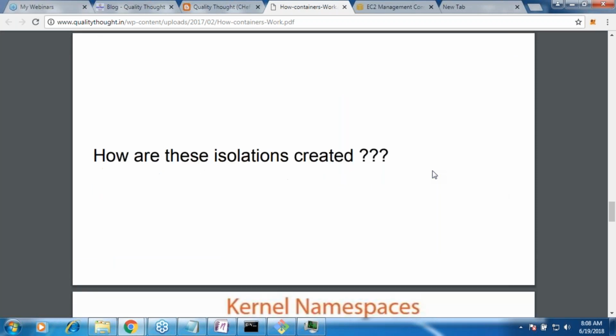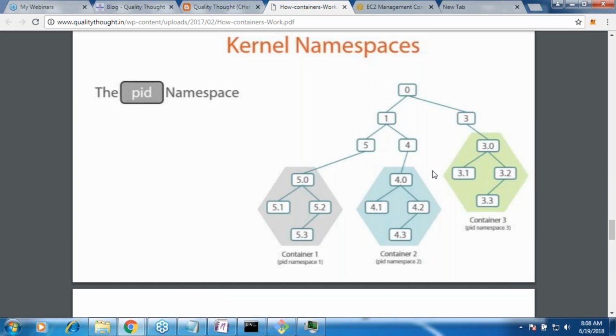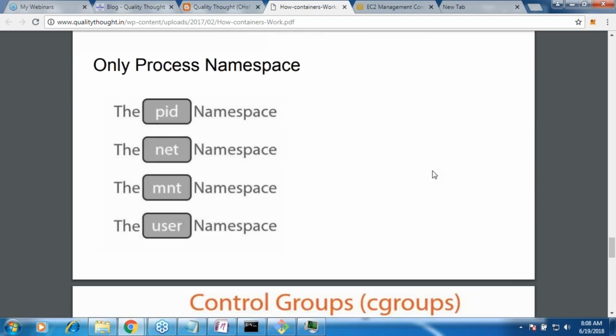Important stuff, right? How is this happening? How is this possible at all? In Linux, there is a concept called namespace, and to be very specific, there are kernel namespaces. The namespace which helps us here is called the PID namespace, or process ID namespace. There are many namespaces.